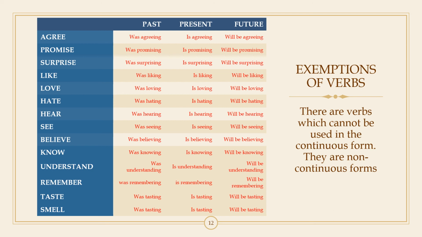Now you do remember Nissim Ezekiel, who wrote Night of the Scorpion. We did deal with that poem in the first semester. We did see that he uses such kinds of terms deliberately to Indianize it, right? Now, why am I telling you? We people normally try to use the continuous tense with these words also, right? These verbs, all right. So there are verbs in the English language which do not take the continuous form. These are the words which have their own exemption, right?